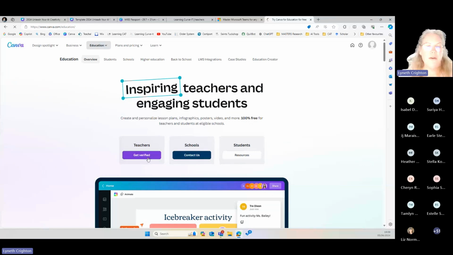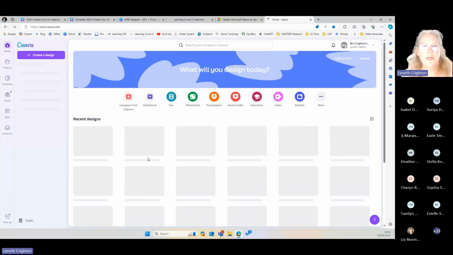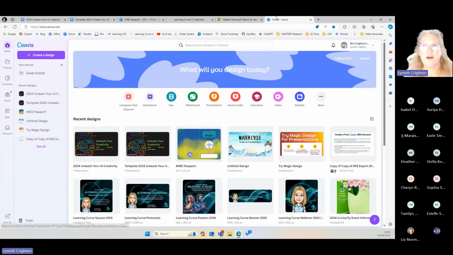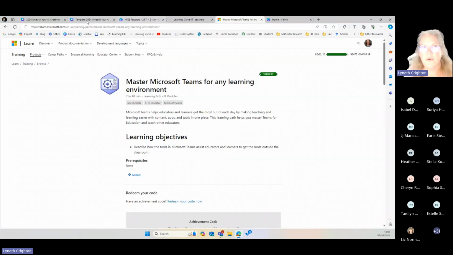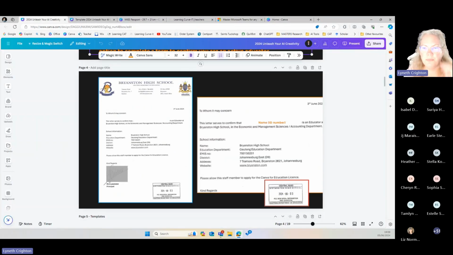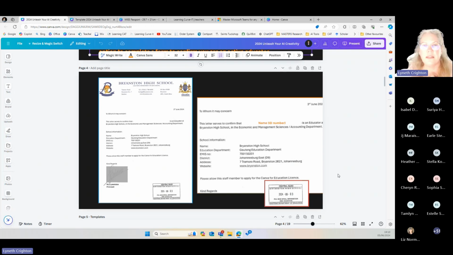You click on get verified, and mine's not going to work because I'm verified, but it would pop up with a window that allows you to put in your name, especially if you signed in already, the name of your school, and then there's a place to upload your letter, and you upload a scanned version. There is an option, I think, if I remember correctly, for a payslip, but we found that the letter works quite well. So that's the first thing.